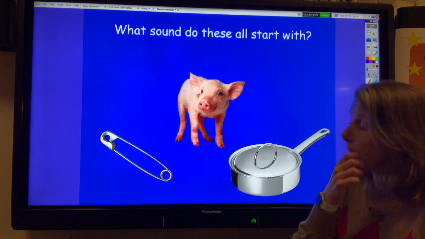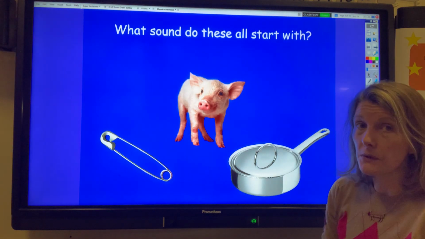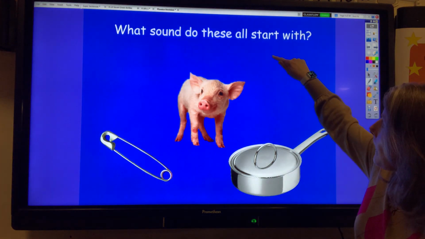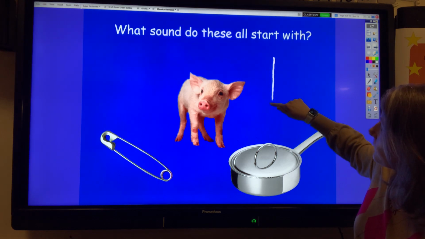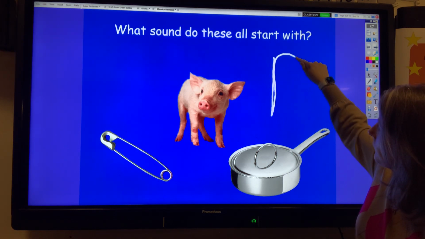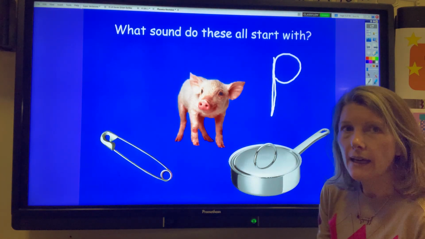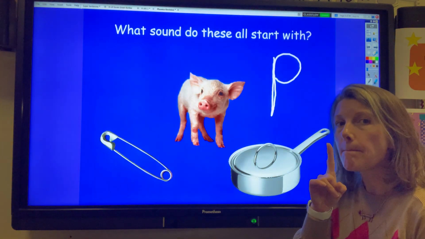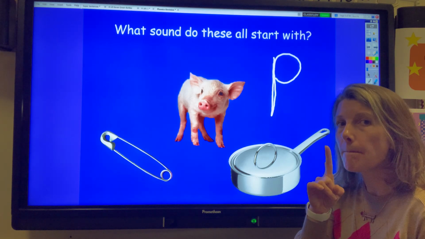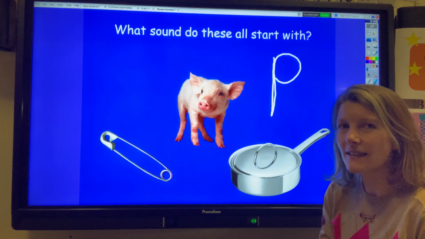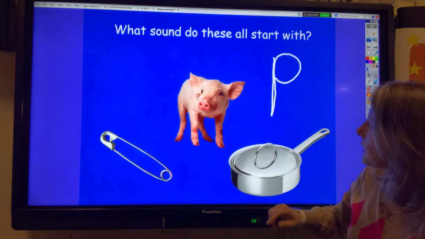Okay, so the grapheme, that's the beginning sound of all of these, is P, and the phoneme is P, P, P, P. Did you get it? Wow, well done if you managed to get